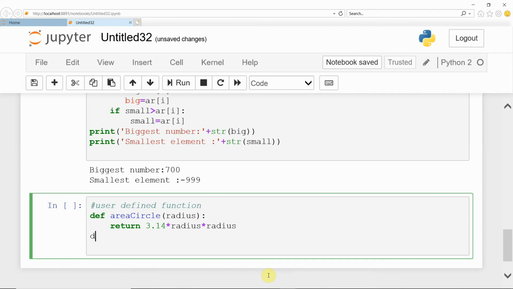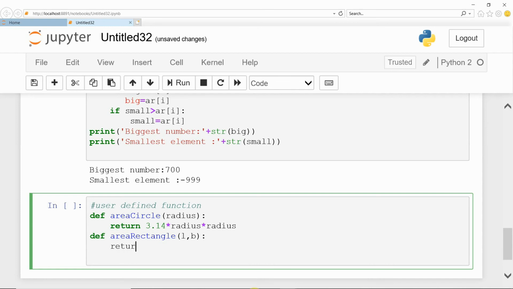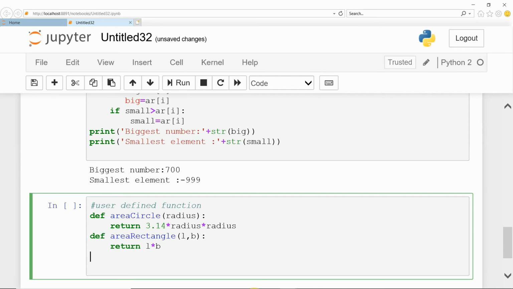Now, to define the area of a rectangle function, you know that you need length and breadth, L and B. Here we give return L into B. Next, define the function if you want to find the area of a square.